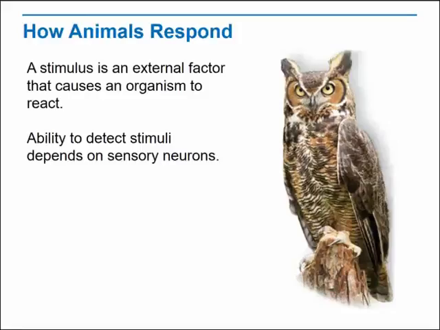Humans share many types of sensory cells with other animals. For that reason, many animals react to stimuli that humans notice, including light, taste, odor, temperature, sound, water, gravity, and pressure. The owl shown, for example, reacts to all these stimuli. Many animals have types of sensory cells that humans lack. That's one reason why some animals respond to stimuli that humans cannot detect, such as very weak electric currents or